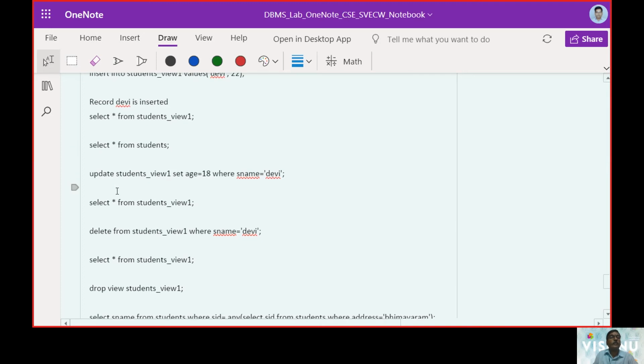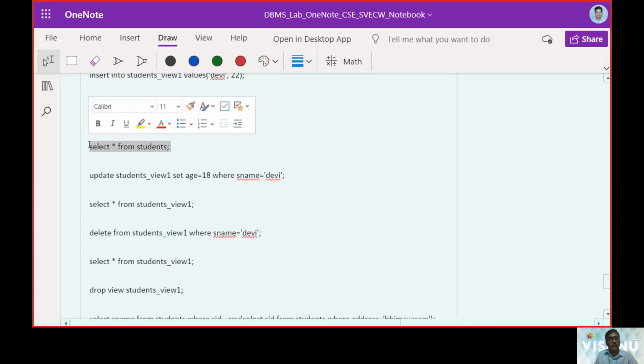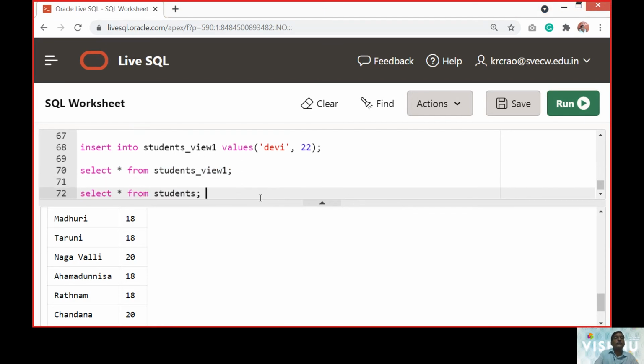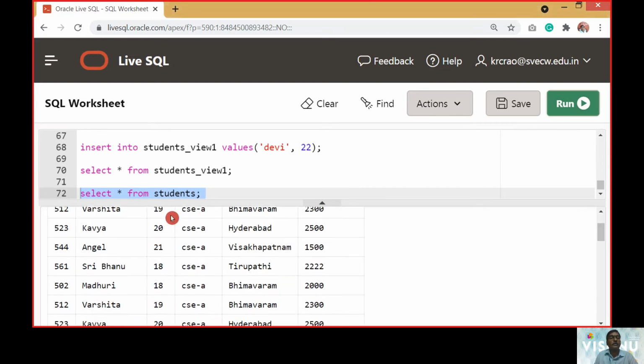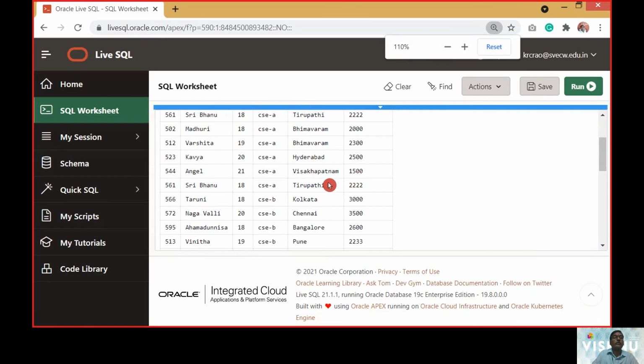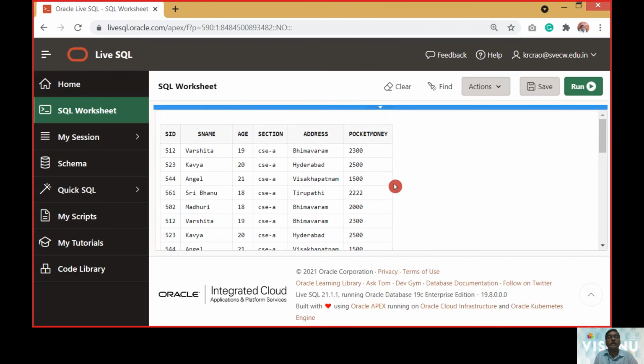The next thing was, can I see whether Devi was updated in the main table or not? This was the main ambiguity, whether the reflections in the view will happen in the main table or not. That was the ambiguity that will come to our mind at this time.